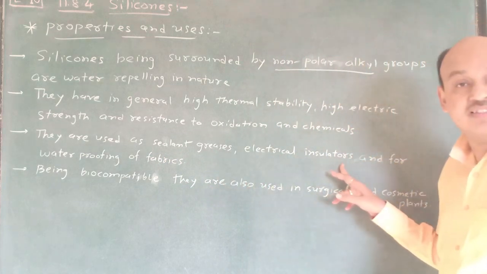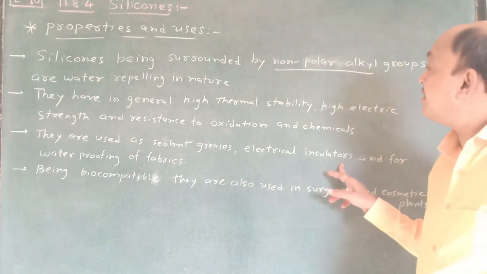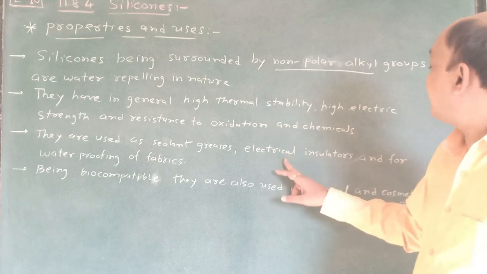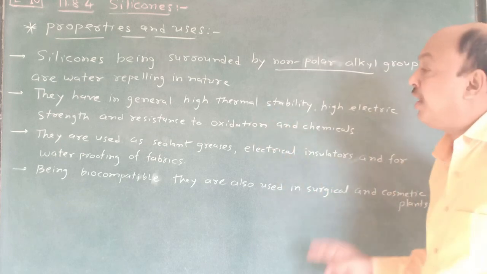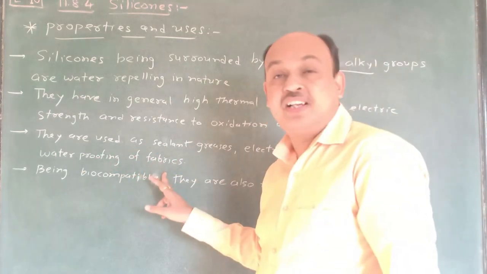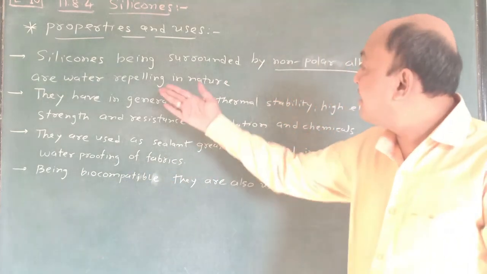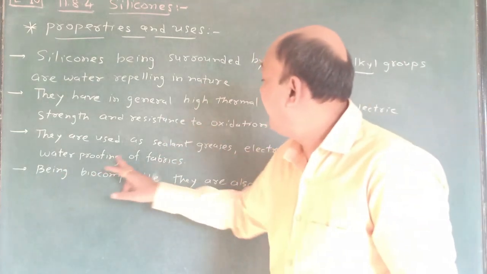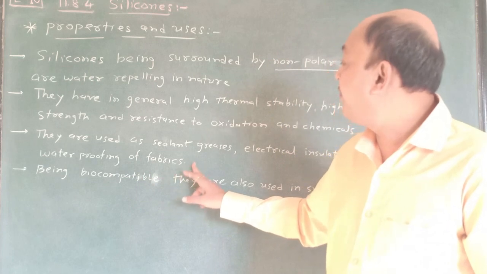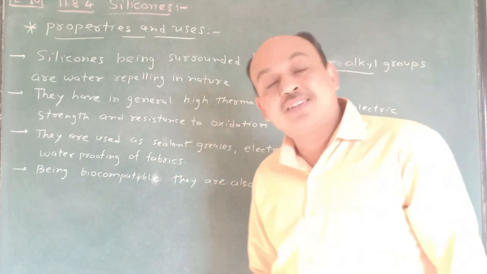Electrical insulators, because of its high thermal stability, that's why it's an electrical insulator. And for waterproofing of fabrics, because it is water repelling, that's why it's used for waterproofing of fabrics. This type of uses are there. This is a very interesting use,